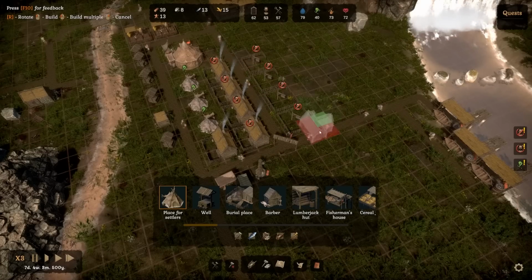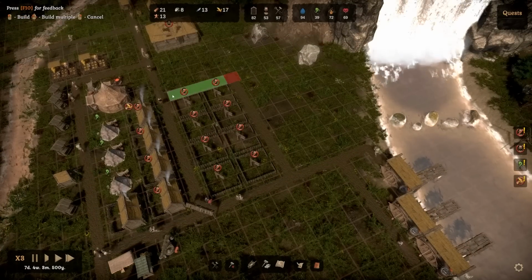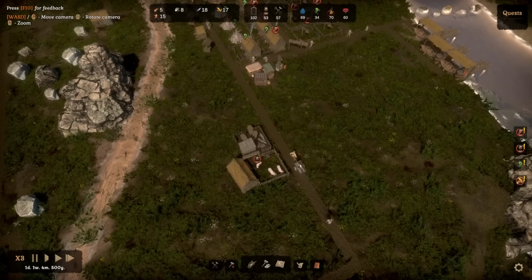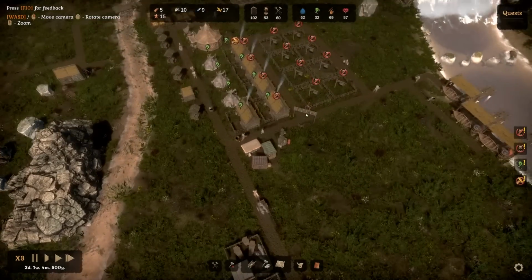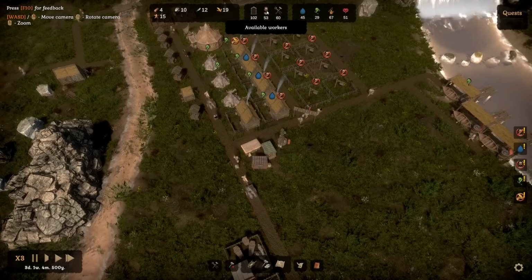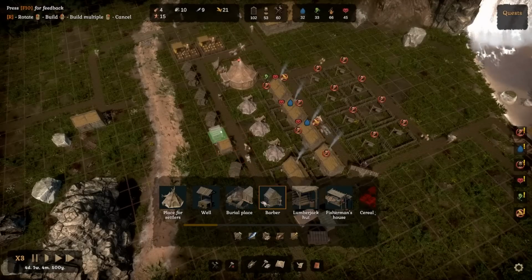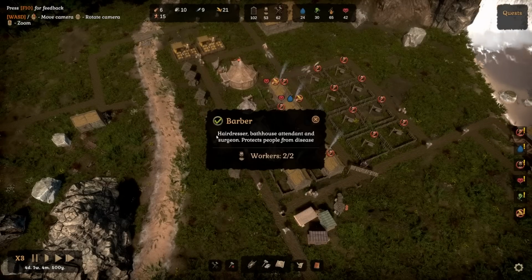Right. Place for settlers. Add a little bit of extra road there. I don't think that anyone is going to buy quite yet, but that's okay. Do we need another burial place? I'm going to get another burial place. We'll stick it right next to the pigsty just in case. We need 60 workers. We only have housing for 53 at this moment in time, but that's fine. We'll also get ourselves a brand new barber as soon as we possibly can. That's going to make a difference as well, although...